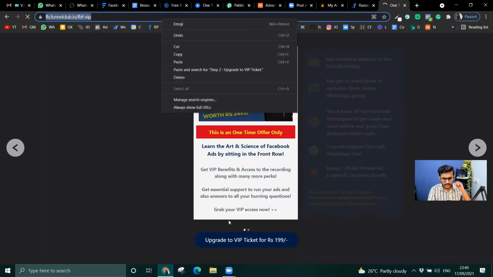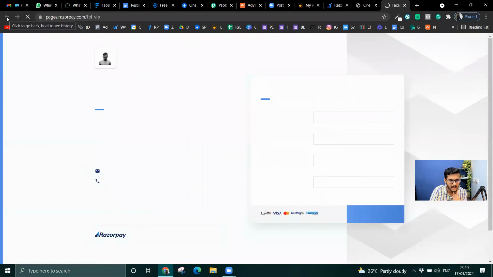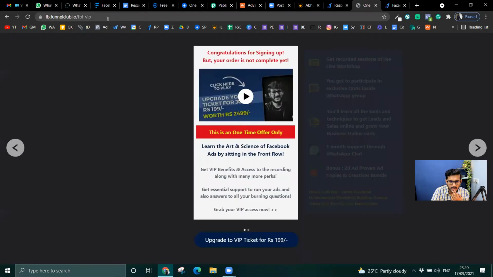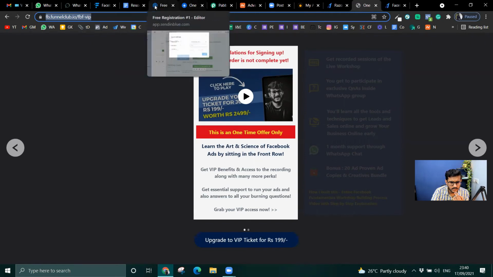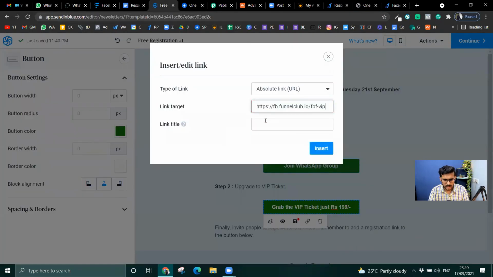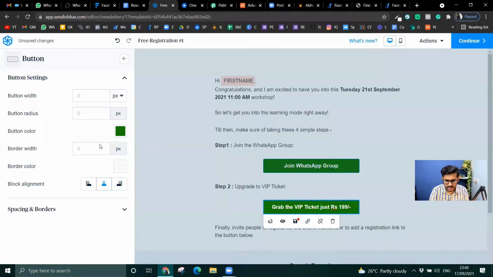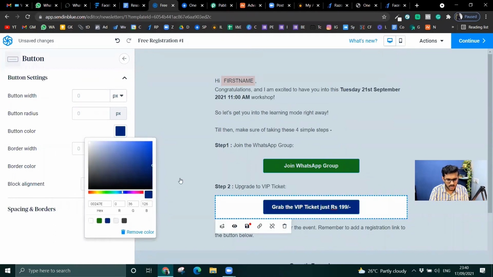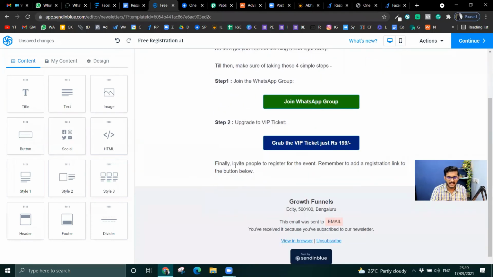So I don't want them to go back to, okay, let them go back if they have missed or something. Let them take up and kind of do that. So I would want them to still come here itself, copy, take this link, VIP access, insert. I'm going to change the color to blue because it's a VIP access.